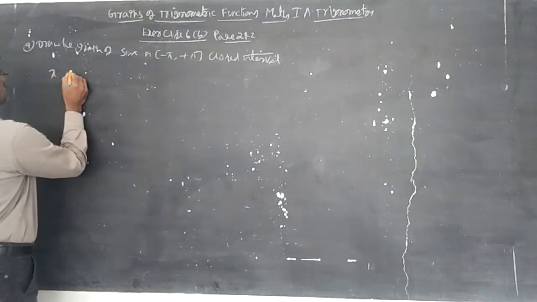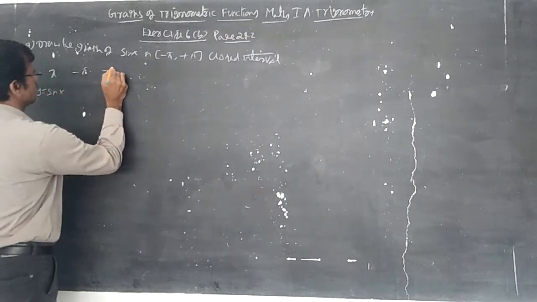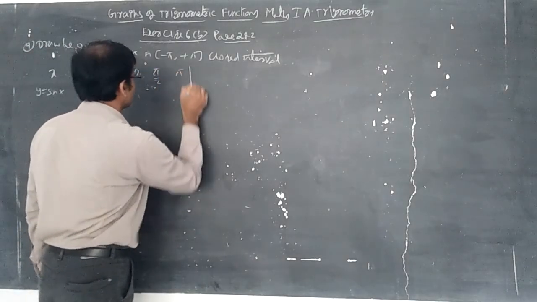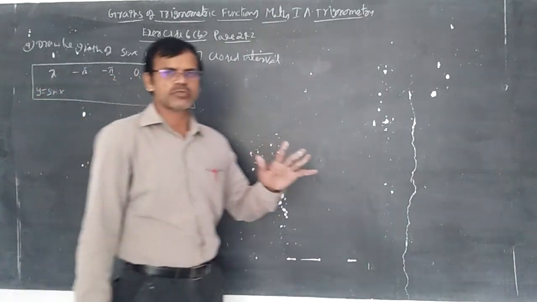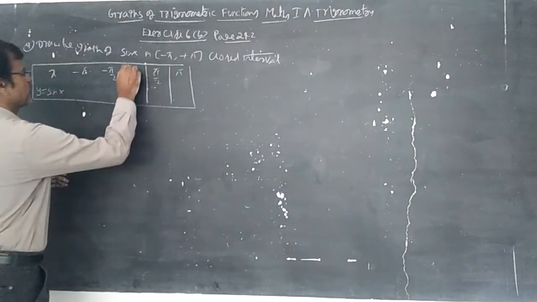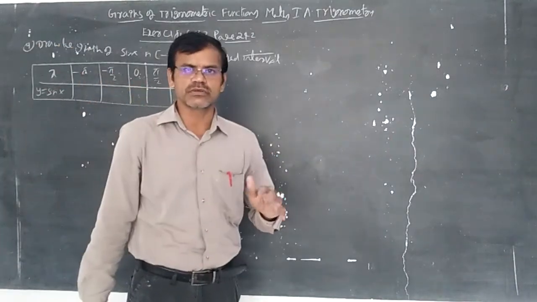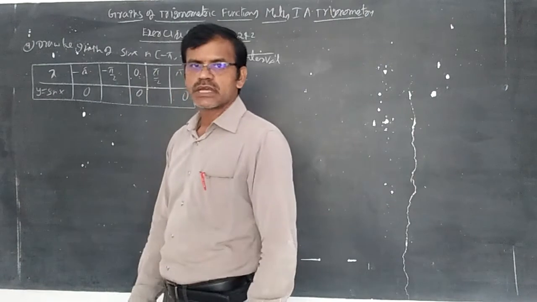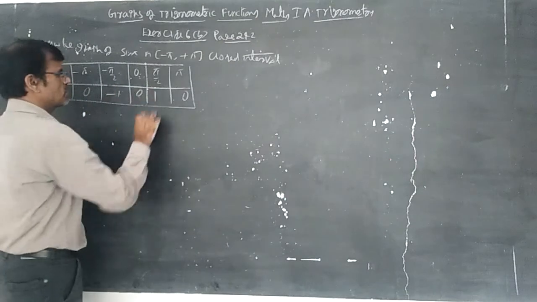Take a gap of pi by 2. Here x, and this is y equal to sin x: minus pi by 2, 0, pi by 2, pi. Pi means 180, pi by 2 means 90, so I have taken a 90 gap. Plenty of times I said that sin n pi equals 0. So sin of minus pi is 0, sin 0 is 0, and sin of minus theta is minus sin theta, so sin of minus 90 is minus 1. Put here minus 1, and this is 1.